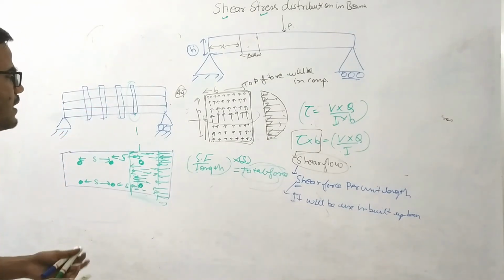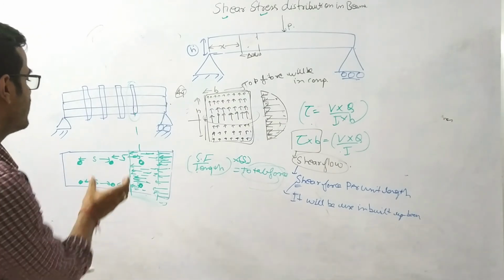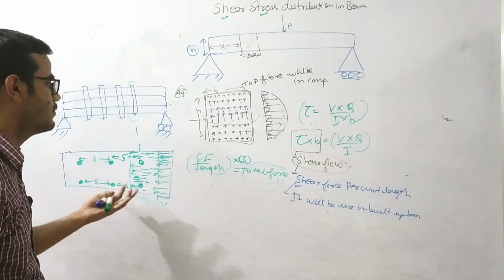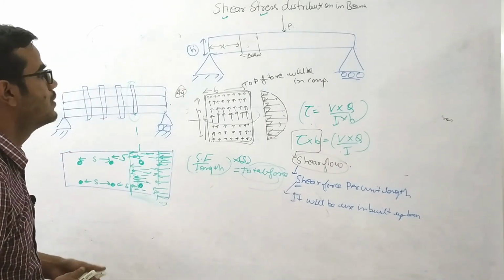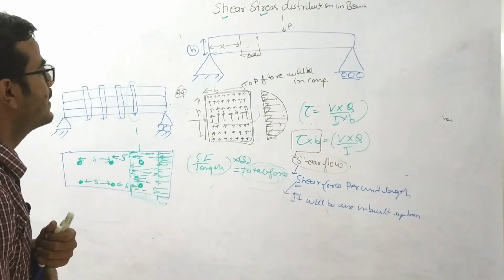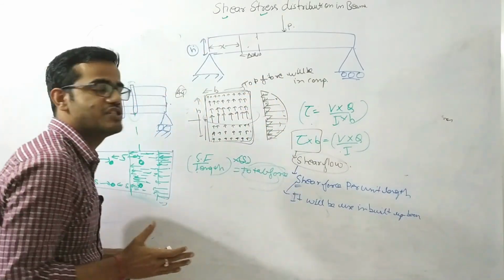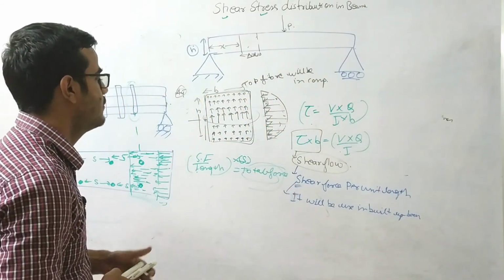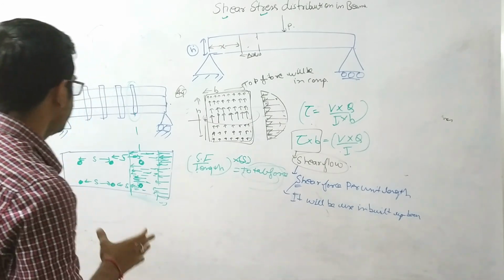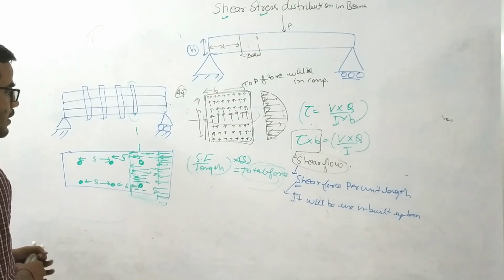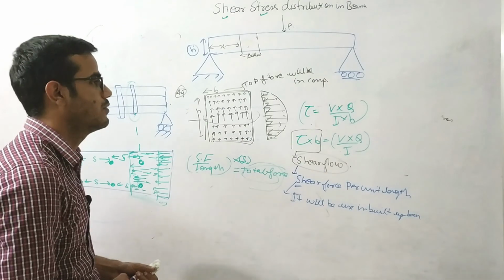So shear flow is nothing but shear force per unit length. We need to multiply it by the length or the spacing of the nails to get how much force is transferred to the nails. So the shear flow concept is useful in this section. You need to visualize how the horizontal shear force is transferred. We'll come up with some problems regarding this lecture, and things will be more clear to you. Thank you very much, guys.